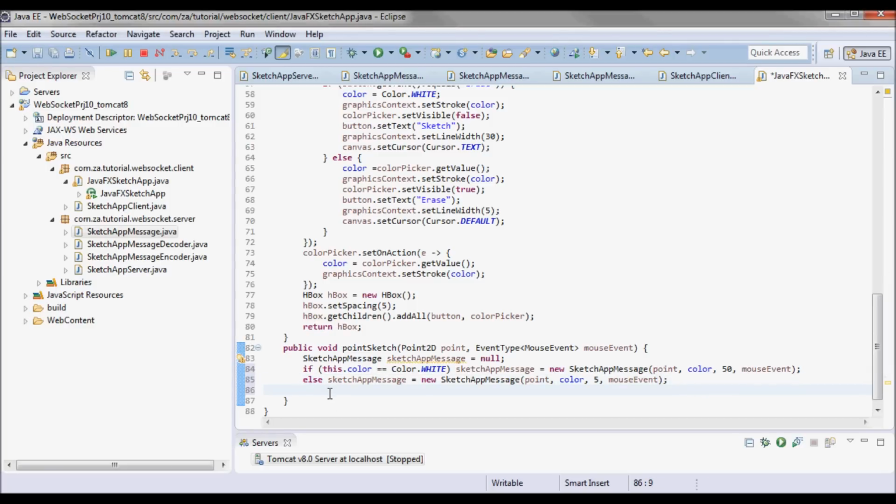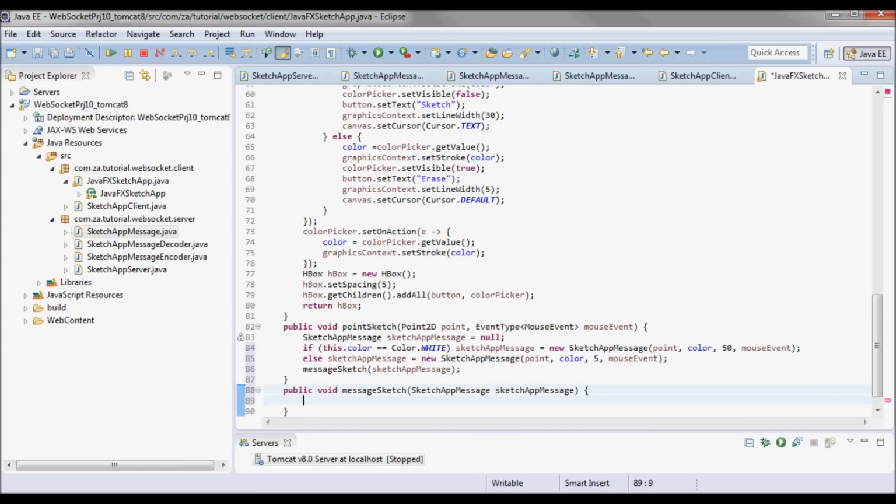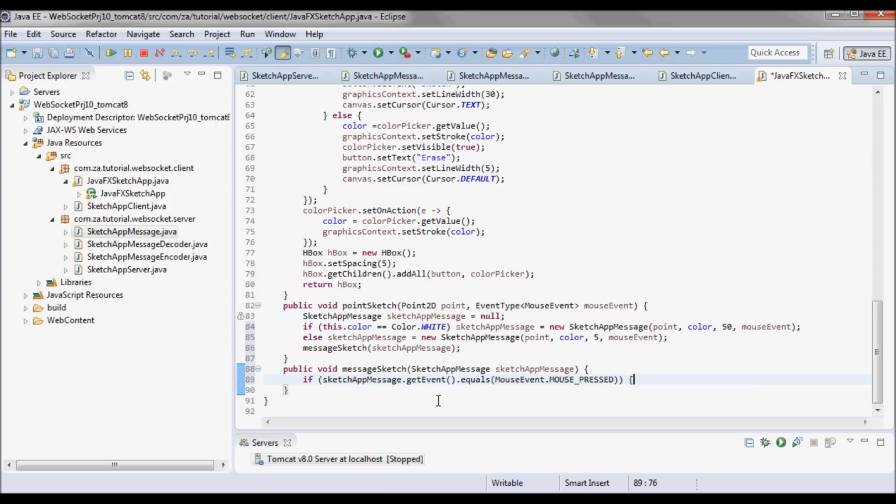And I want to define a method that handles the message sketching. So let me first call it for message sketch, that I will be passing the sketch app message instance. So here I'll check if it's a mouse pressed event, or a mouse dragged event.